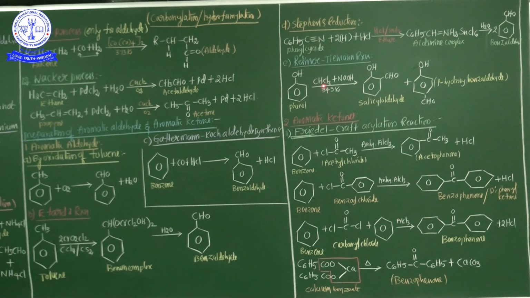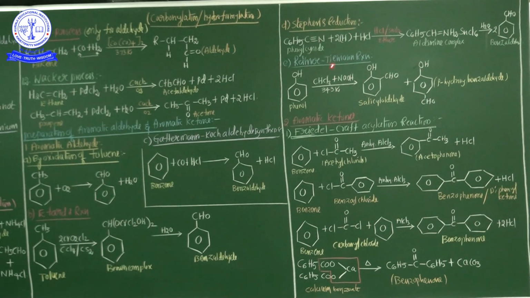Phenol, whenever treated with chloroform in the presence of alkali, what is the major product? Most important bit at NEET level, which is the major product here? Orthohydroxybenzaldehyde is a major product and para-hydroxybenzaldehyde is a minor product. So two different positions, benzaldehydes are formed. This is salicylaldehyde, another name is orthohydroxybenzaldehyde. This is para-hydroxybenzaldehyde.